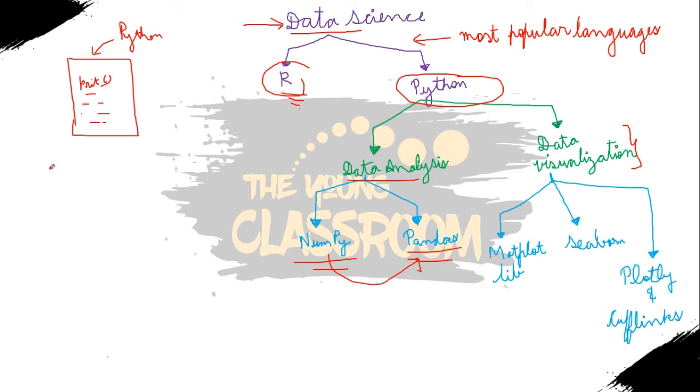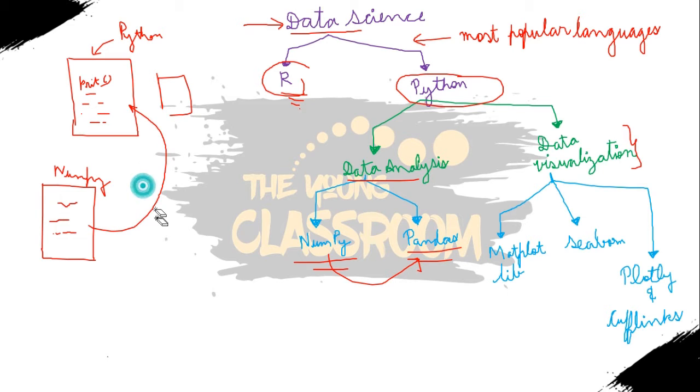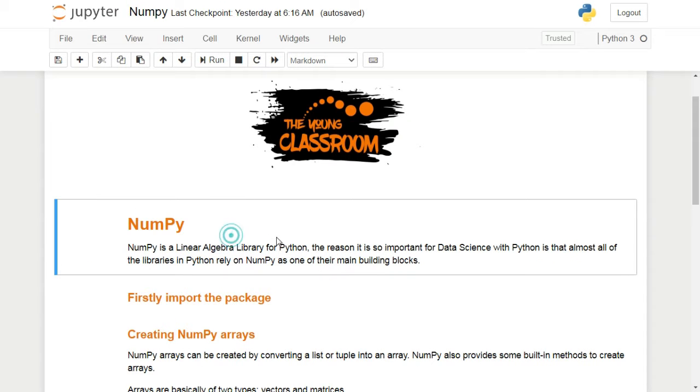There are certain libraries that are not available in Python by default, because when Python was built they were not available; they were gradually added. NumPy is just one of them. In order to use this library, you first need to install NumPy onto your PC, and then you can import NumPy into your Python program, and then you can use the NumPy functions. So let us see how we can use NumPy.